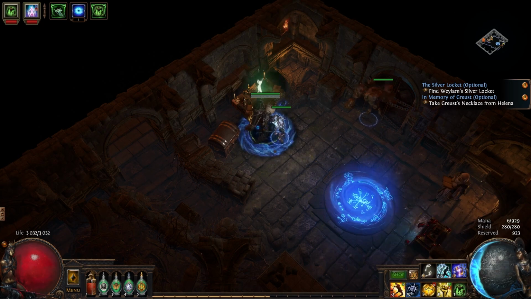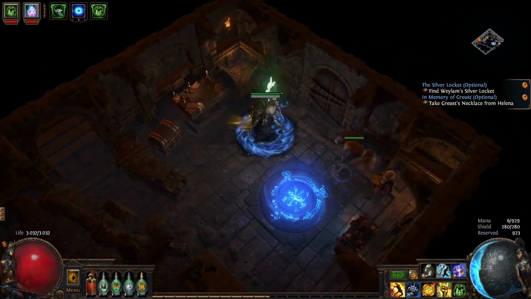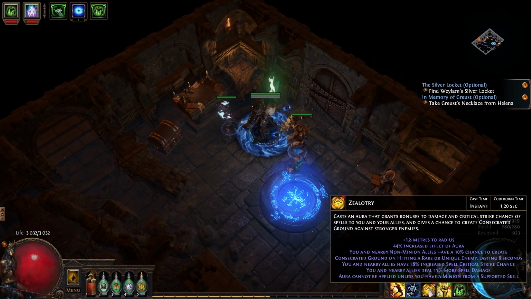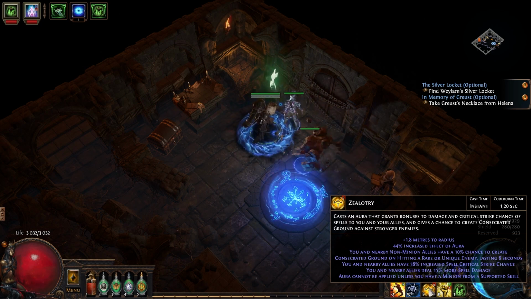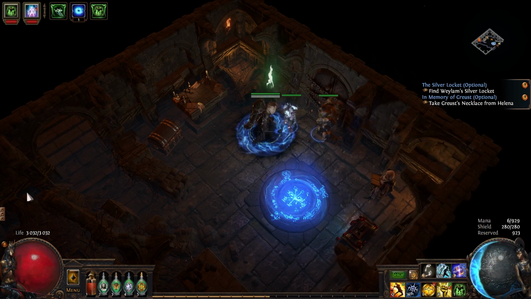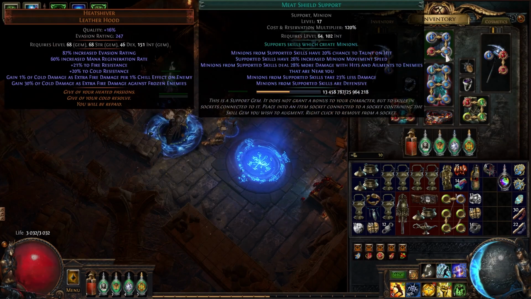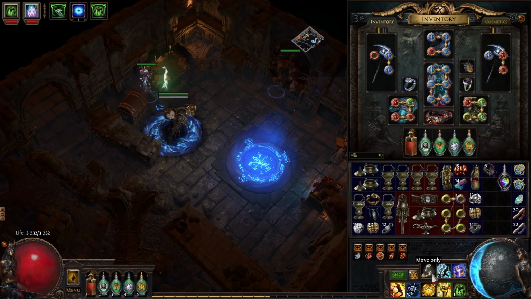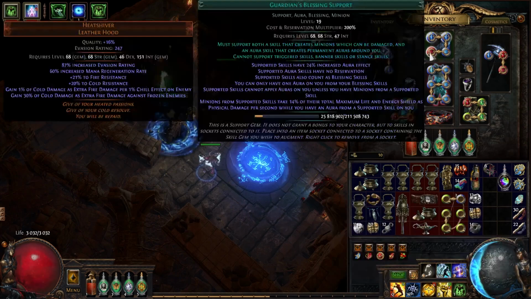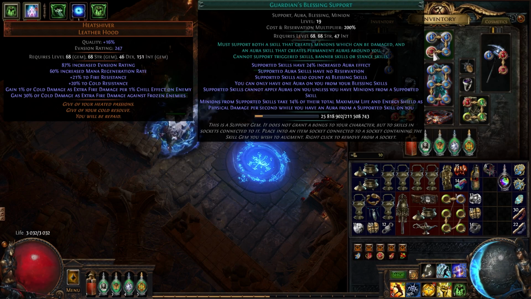And now we will be discussing 2 auras. The first is Zealotry, which we need to cast every 10 seconds. So in every Sanctum room or before every boss fight, you need to cast your Zealotry, and it doesn't reserve anything, like it doesn't reserve your mana or life. And now I will explain why. So here is my Raise Spectre, Zealotry, Minion Shield, and Guardian's Blessing support. These 4 gems are very important for Zealotry to make it cost actually 0 mana or life. If you use Raise Spectre with Zealotry and Guardian's Blessing, your aura will have no reservation,